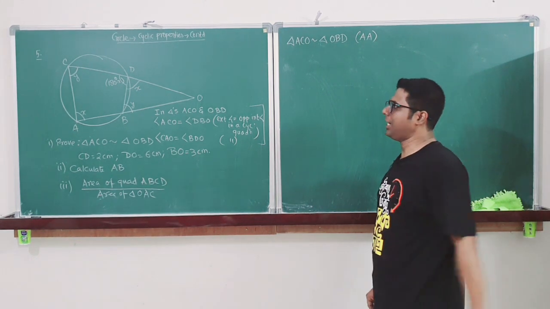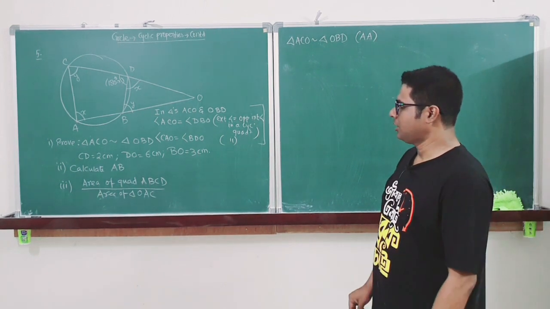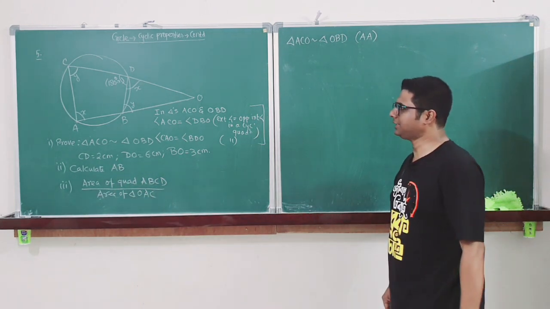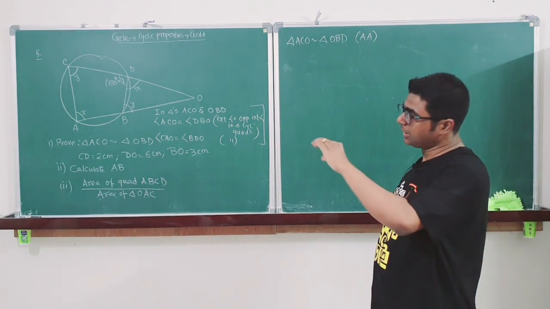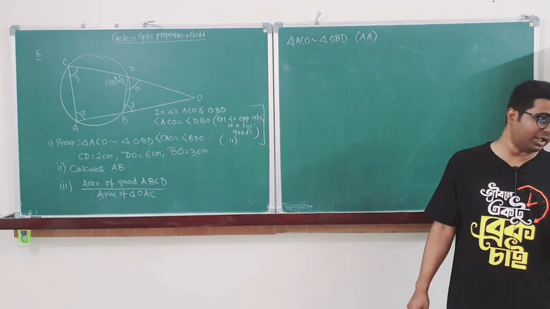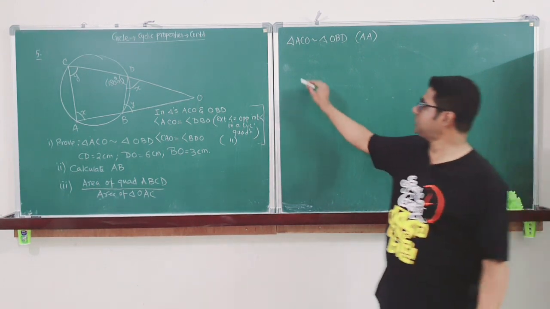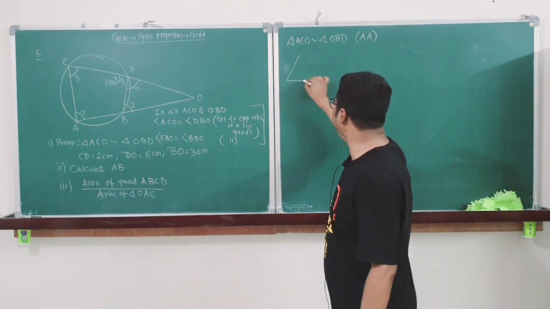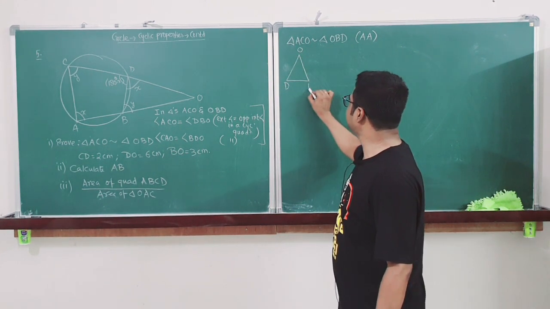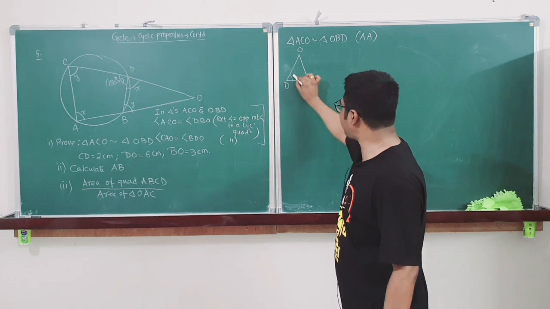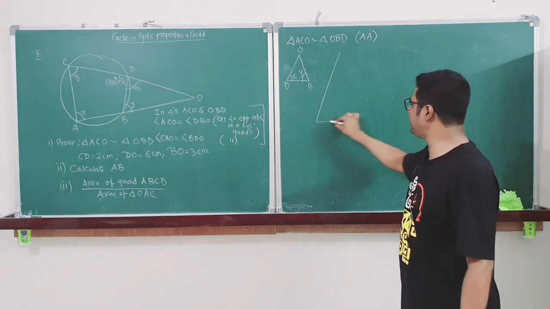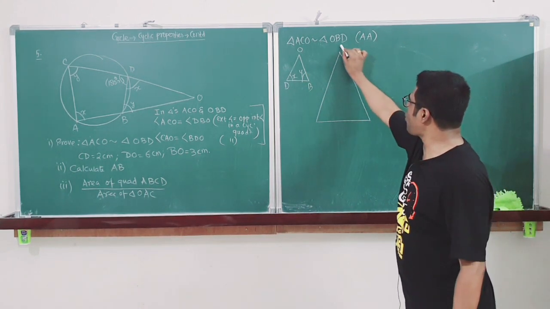So at this moment I am having two triangles. I have to calculate AB. So first from these two triangles I have to create that ratio equality. In similarity we did something called ratio equality. If these two triangles are similar, so I will take these two triangles separately like this. So this is O, this is D, this is B, and this angle D is X, angle B is Y. This will help me to identify. And the bigger triangle is OCA.